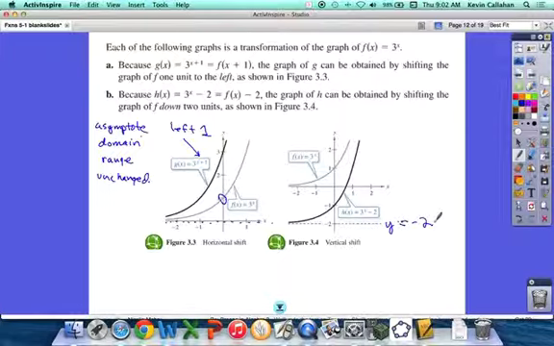Does it change the range? Before it was y greater than 0. What would we have to say now? Y greater than -2, right? So it changes the range. It changes the asymptote. It changes the range if you do a vertical shift of an exponential. So the new range, this is the asymptote, and the range is now